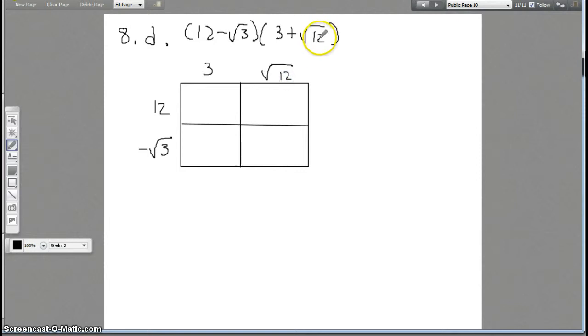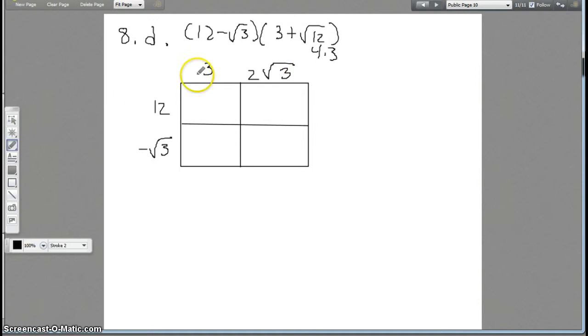But look at 12. 12 can be written as 4 times 3. 4 is a square number. If we take the square root of 4, we get 2. And then we have a 3 left inside our parentheses. Whoops, I didn't want to take that part. I do want to take this part. Nope, not that. So I'm going to write 2 root 3